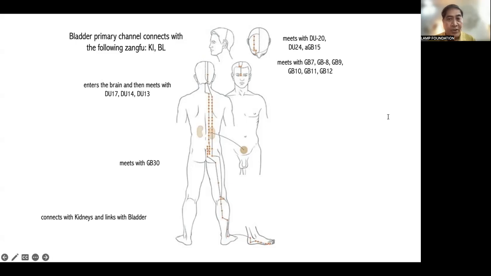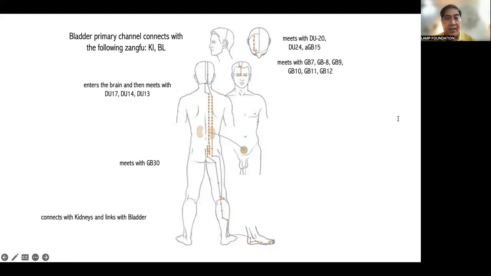You can see that there. And also the gallbladder channel at gallbladder 15. It then crosses to the vertex and again intersects the DO channel at DO 20. From here, we have a branch that descends to the area above the ear. This joins the GB channel at GB7, GB8, and GB12. A vertical branch enters the brain at the vertex and intersects with the DO channel at DO 17 before emerging